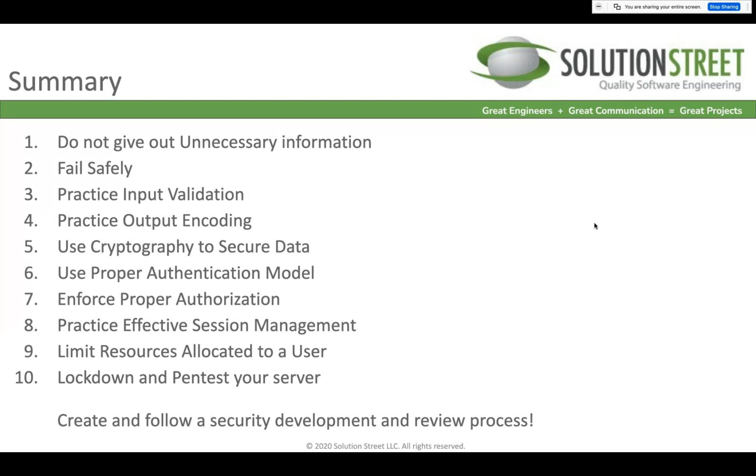We talked about process. Anybody have any questions? I'm going to stop talking for a second. Joel, you mentioned pen testing your server. So are there any tools that we can use to do that? I mean, obviously,